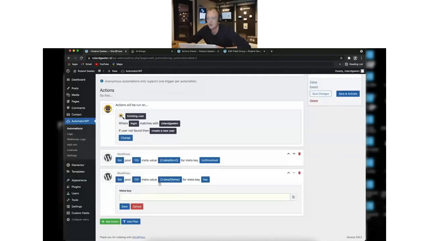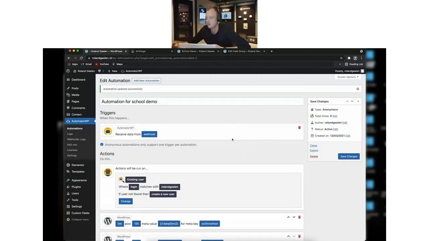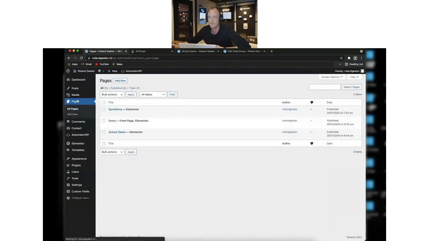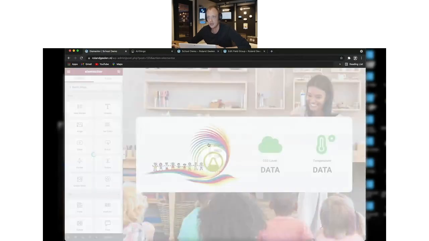So let's copy the temp for school. Copy that and paste it in there. Hit save, and then hit save and activate, so it will all be activated. Now we can go back to our page. After it's successful, go back to our pages, and on our school demo,